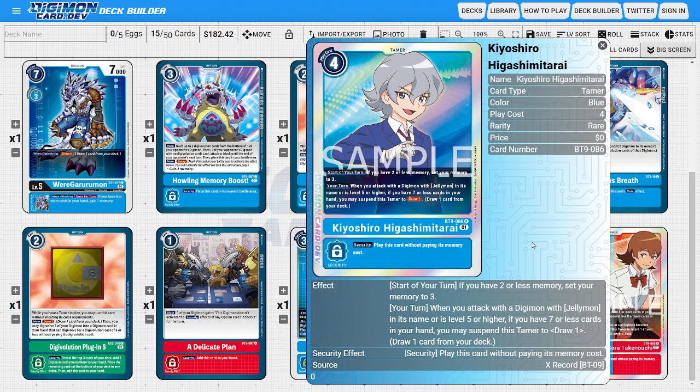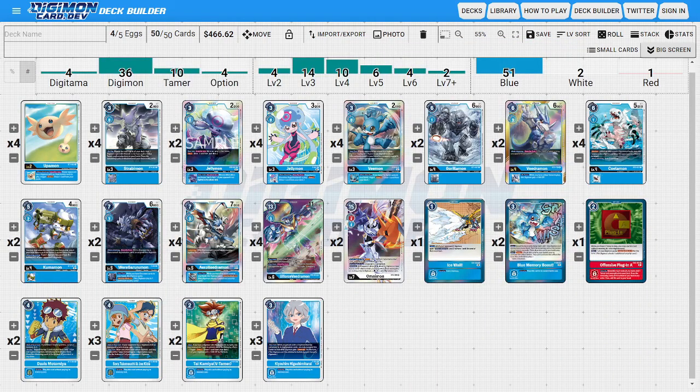that's still fitting on theme and on synergy with the deck, just because we're still already playing Jellymons, and he still has the potential of being able to suspend himself. But yeah, this is just my interpretation of a UlforceVeedramon deck in BT9. If you really wanted to play one, I don't necessarily think it's going to be hyper tier 1 meta competitive, but it is a fun and interesting deck to experiment nonetheless with, and I do really like what the Jellymon